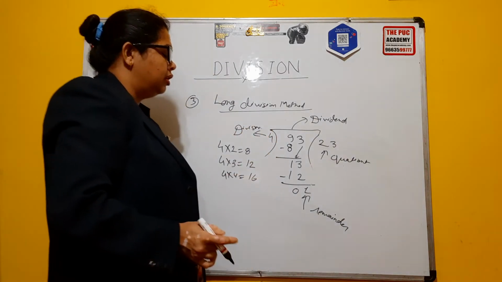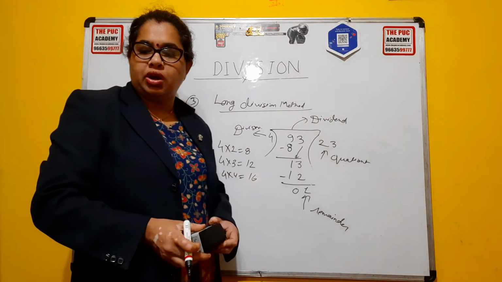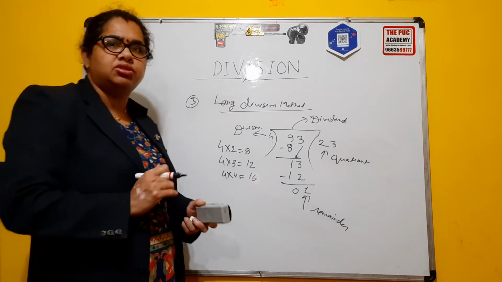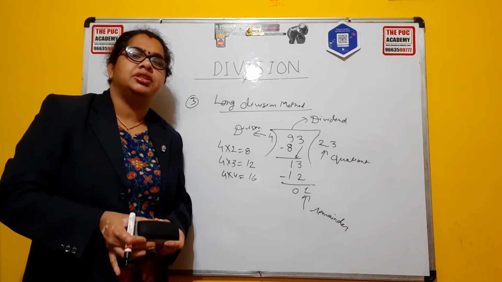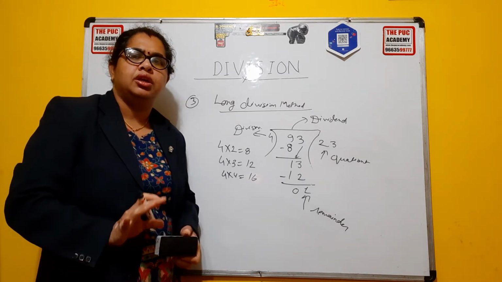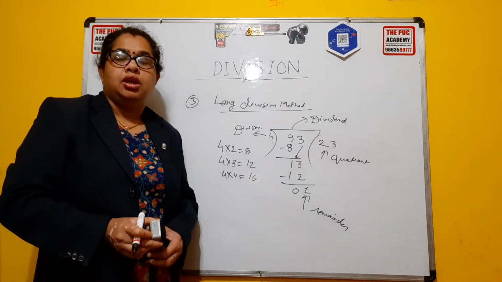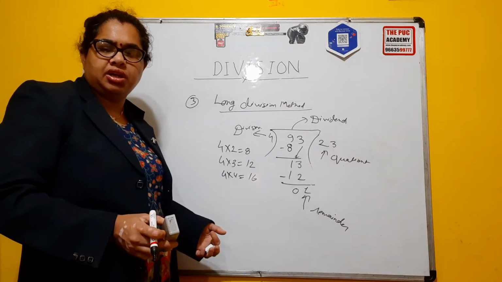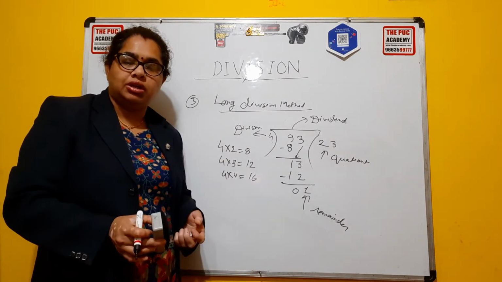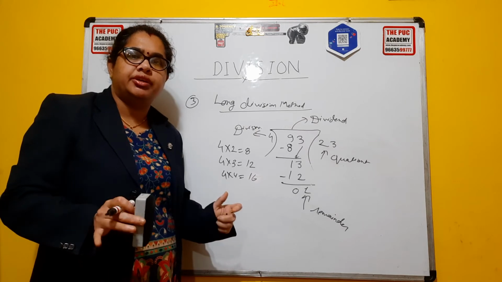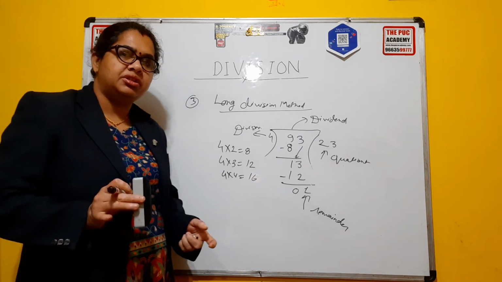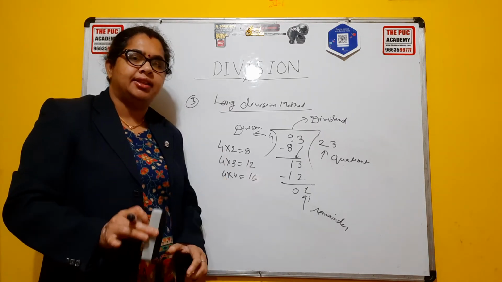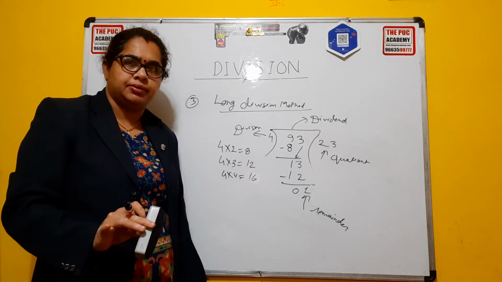So this method is called the long division method, and it has some more steps. When a bigger number is there, we have to go to the long division method. The name itself says it: short division method for the short number, and long division method for the bigger number. That's the only difference. Rest all, nothing much difference is there. And in the no remainder method, the numbers will be such that there are no remainders.